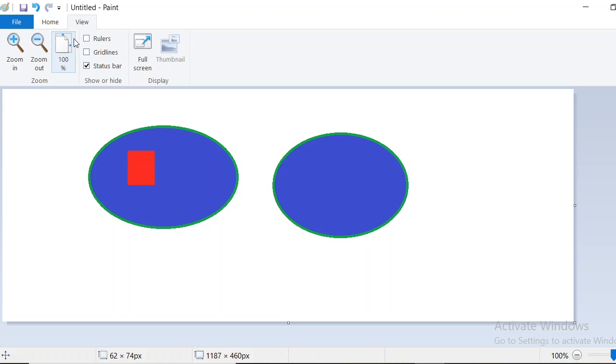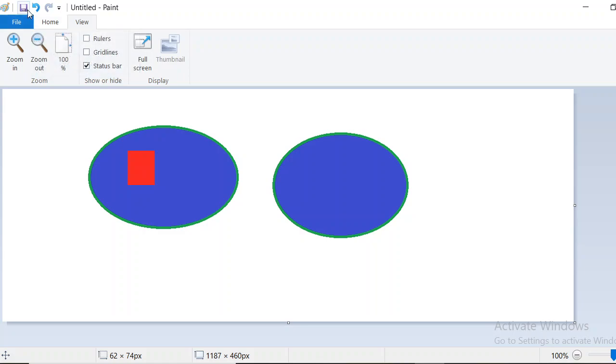Okay, now I think I'm clear about this. Different tools in the tools group: pencil tool, eraser tool, fill with color tool, text tool, magnifier tool and color picker tool. 6 tools are available in tools group, and each one's use also. Then 9 types of brushes are available in brushes tool. Then different shapes are available in the shapes group, and how to draw different shapes.